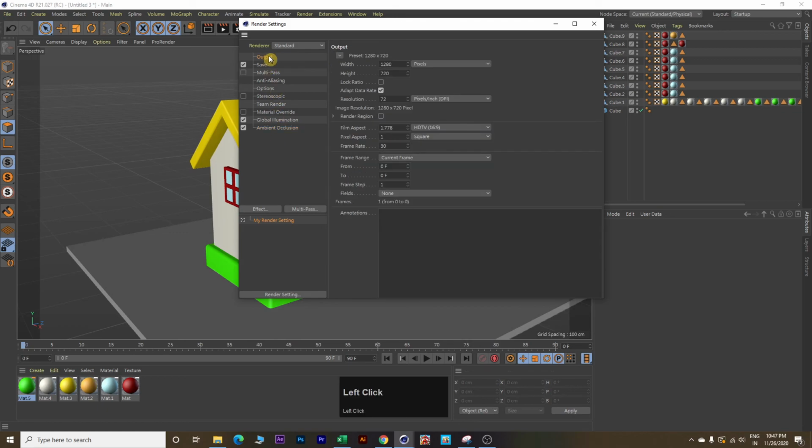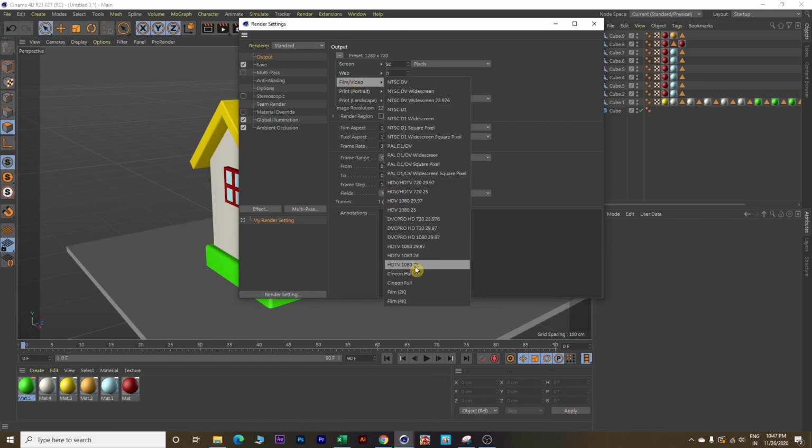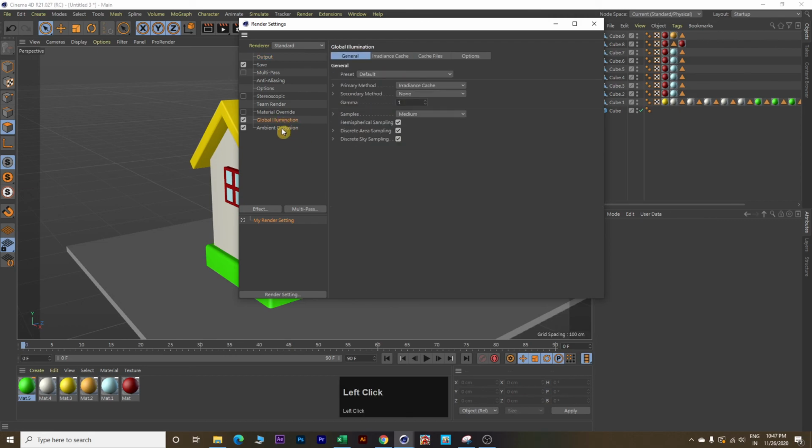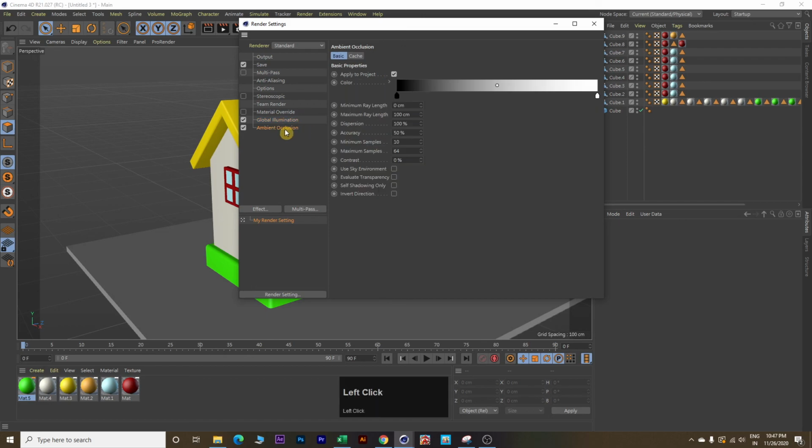Next, on output, select preset as film video, HDTV 1080-25, click on global illumination, all looks good, click on ambient occlusion, make accuracy 100%, maximum sample make it 128. Okay, this looks good, close it.